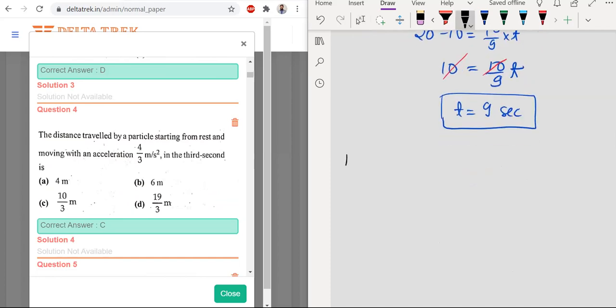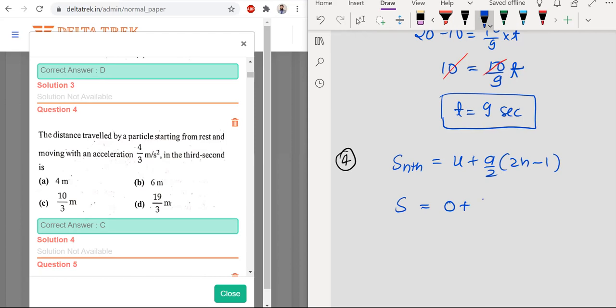Let's see question number 4. The distance covered by a particle from rest and moving with an acceleration, in the third second. So distance in the third second, meaning S nth formula is asked. The formula is u plus a by 2 into (2n minus 1). So S nth will become, u is how much? Starting from rest, so u is 0, moving with an acceleration